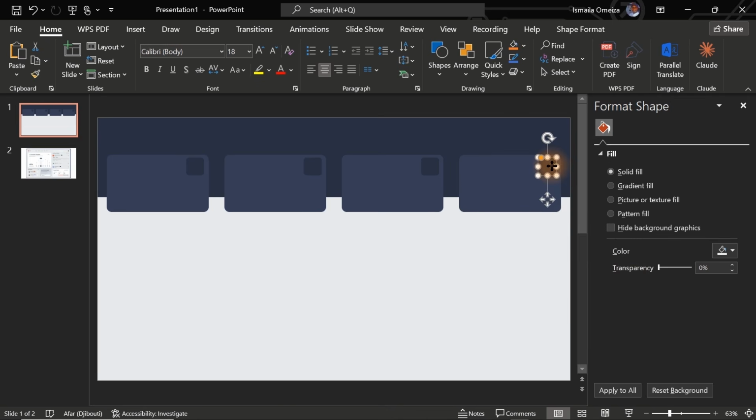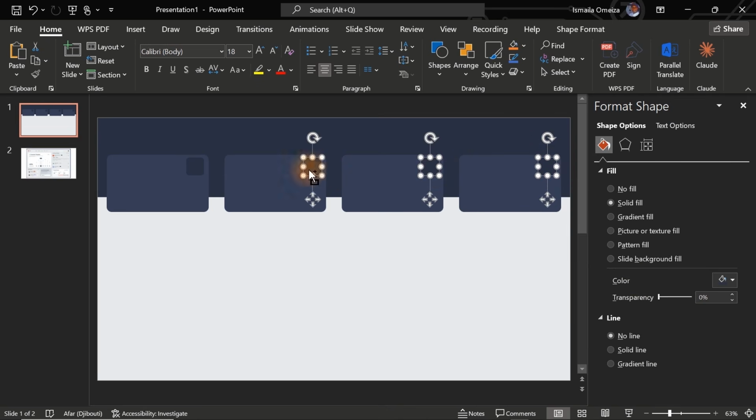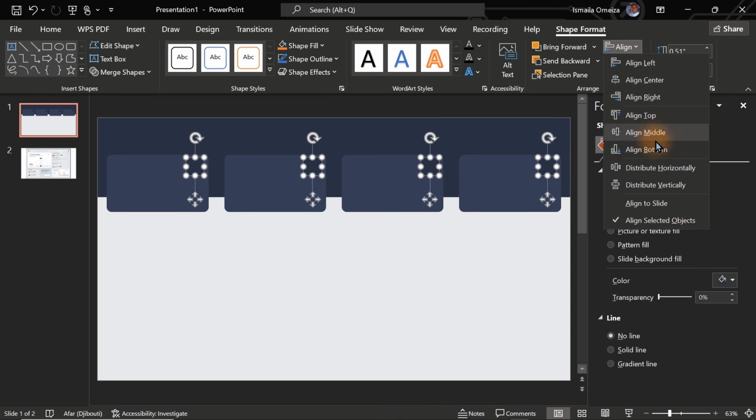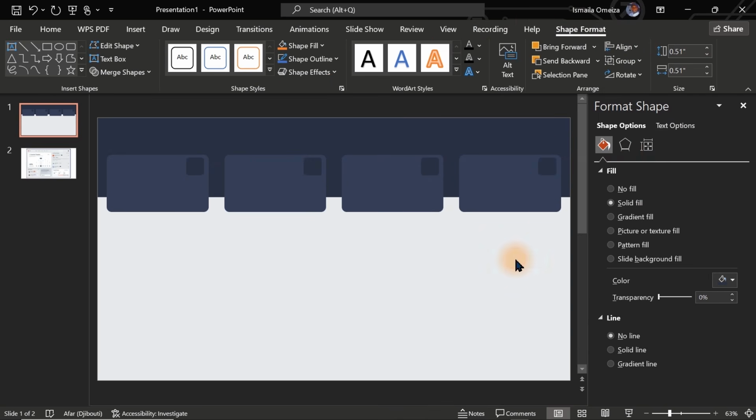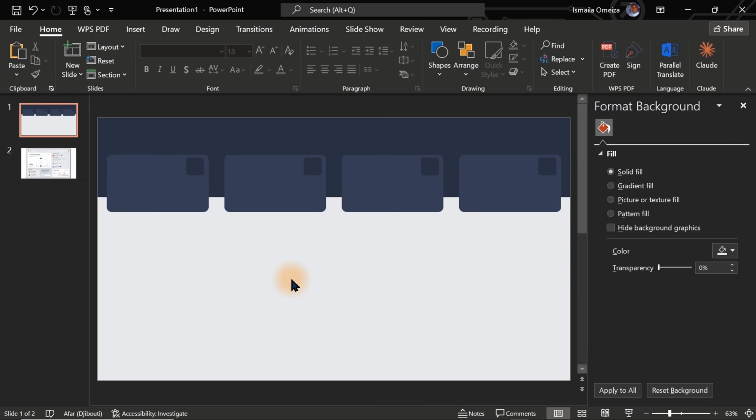So once we have done that, we have to click on this, hold your control key, and select. So come over to shape format here, go to align and align bottom. That will give us equal alignment for all of them. Once we have done this, the next thing we have to do is to make sure we add